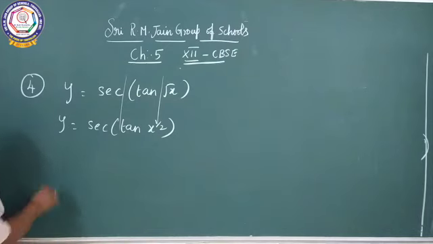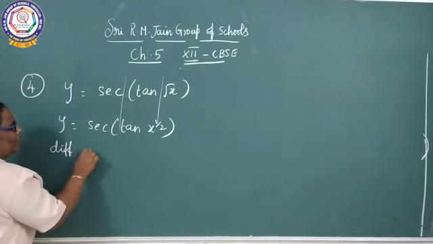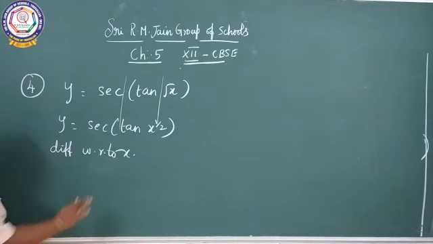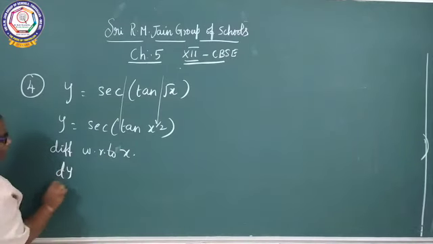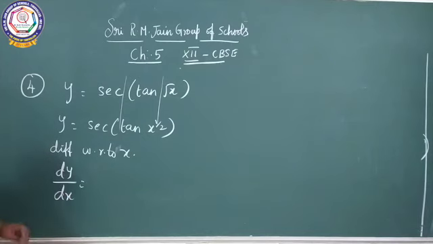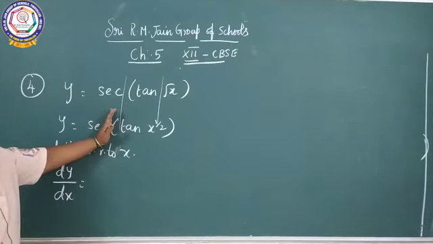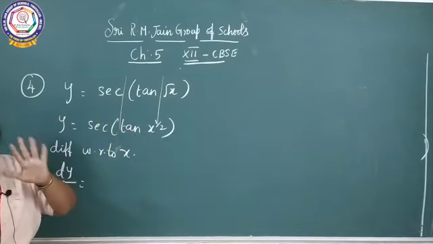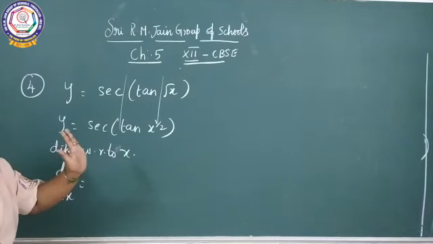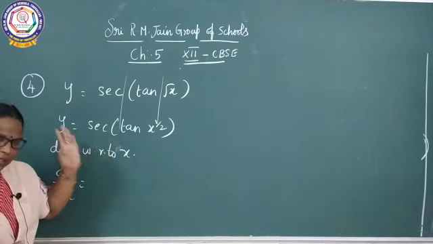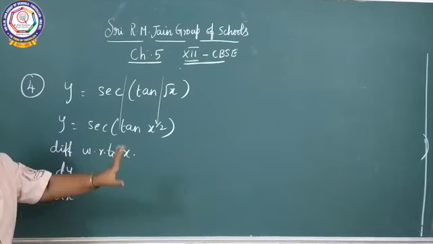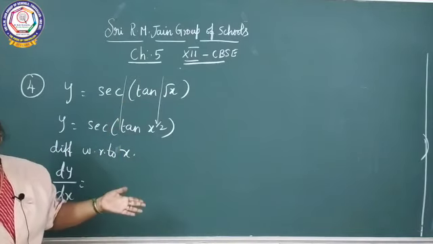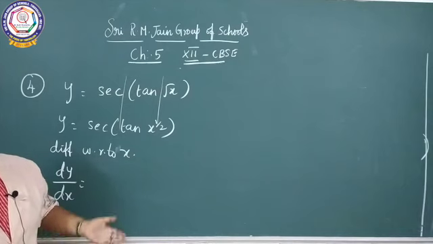Okay. See, differentiate with respect to x. dy by dx. My first part is secant of x. That full term is my x. You don't think in terms of the chain rule. But it is a chain rule only, and I will do it in a simple method. When you are going for college also, you will follow this method only. So, you will follow it from today onwards.